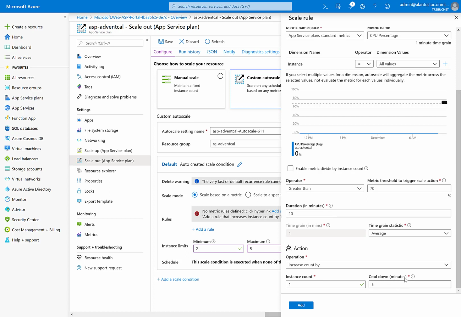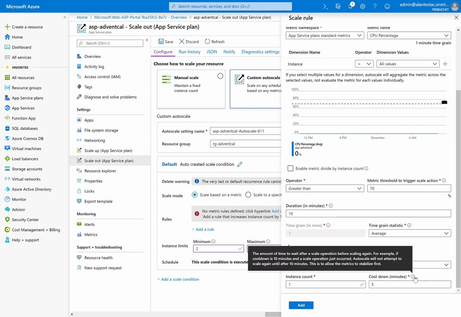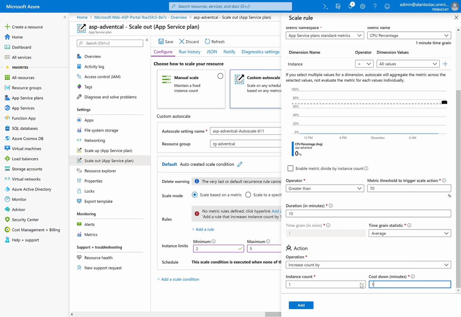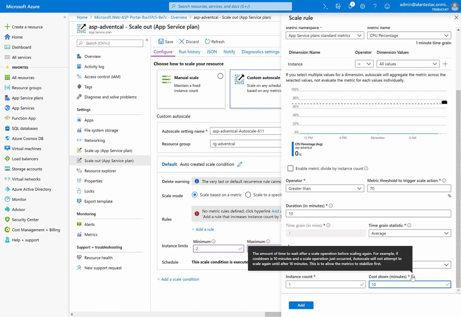This is an important one, the cooldown minutes. What that does is it waits a period of time. So because it's going to scale up to 3 instances in this case, we want it to wait at least 5 minutes, or maybe that should be 10 minutes really, before it scales again, because otherwise you'll have a condition known as flapping, where it's just constantly scaling